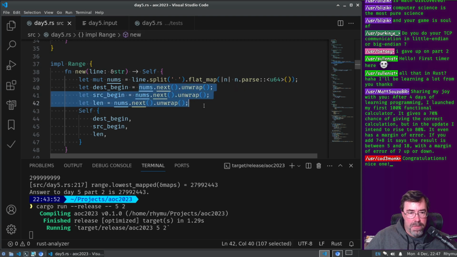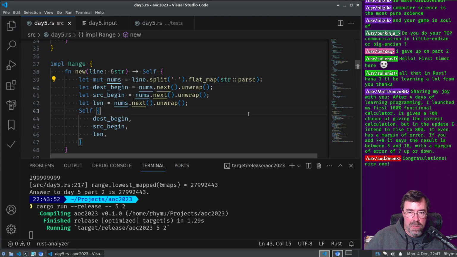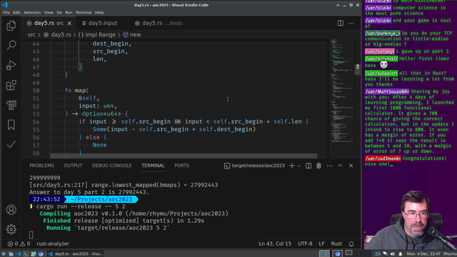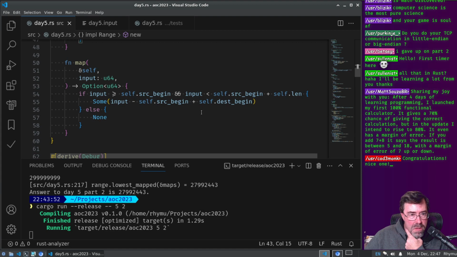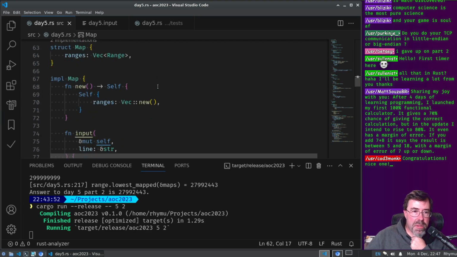So that's probably the best I can do, right? Now that we know it's U64, I probably don't need that anymore. And that means I could probably just make this an str parse. That's all good. We're not debugging anymore, but I guess I'll leave in the derived debug. It doesn't cost me anything.